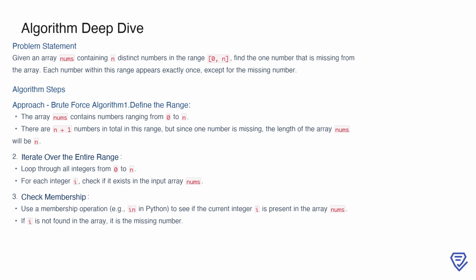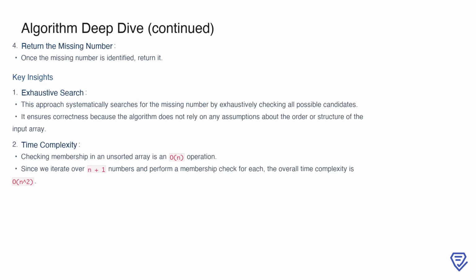Next, we iterate over the entire range, [0, n]. For each number in this range, we check whether it exists in the input array nums. This is done using a membership operation, such as the in keyword in Python. If we find a number in the range that is not present in nums, then this number is guaranteed to be the missing one. Once we identify the number that is missing during our iteration, we simply return it as